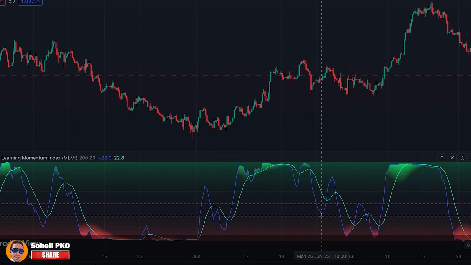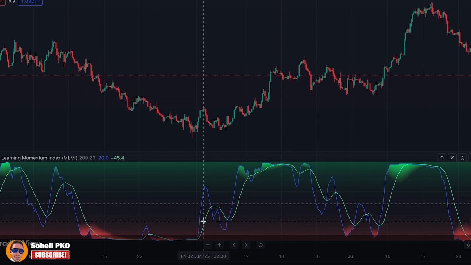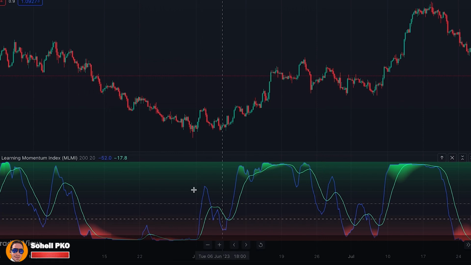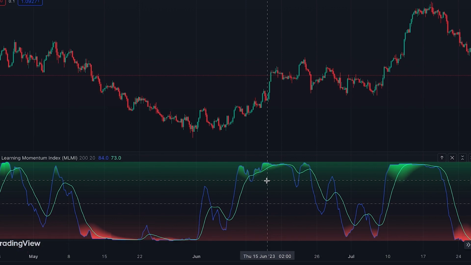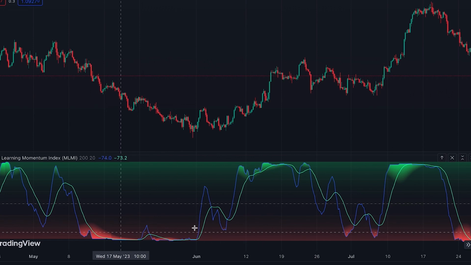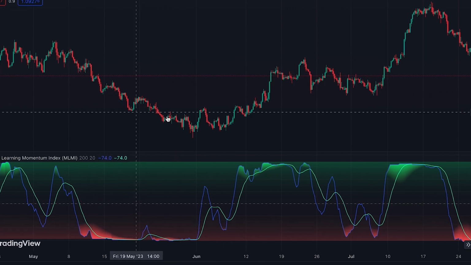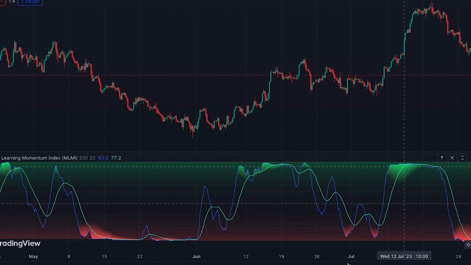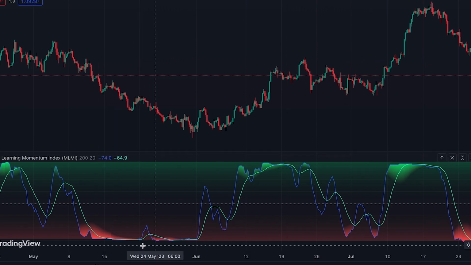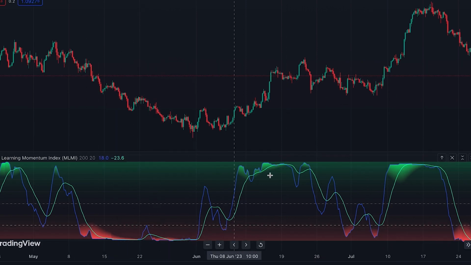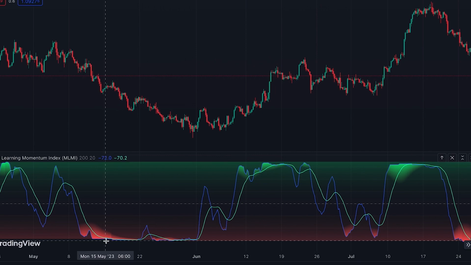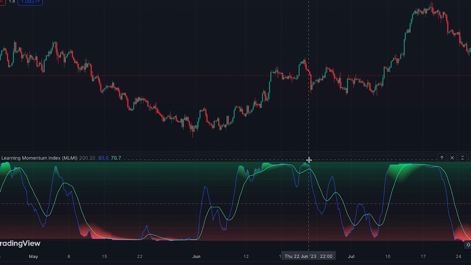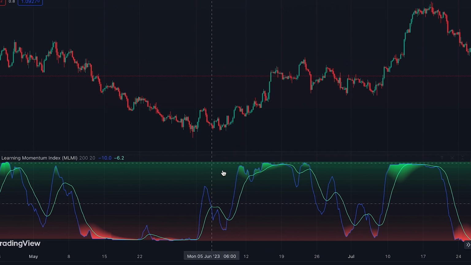Similar to other momentum oscillators, here also the position of the MLMI line above or below the center line can indicate the direction of the market. When it's moving above 0, it shows uptrend, and when it's moving below 0, it shows downtrend. Reaching these extreme levels also shows overbought and oversold conditions, and in this indicator it's marked by green and red colors, as you can see when the indicator is located in these extreme areas. Alright, now let me teach you a trading strategy that can help you to take the best buy sell signals